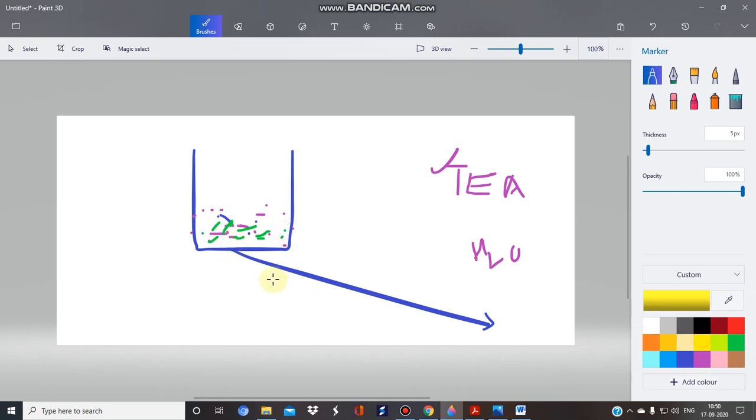Then what is the most critical step in this? Yes, we will apply heat. We will start boiling it. So what happened in this procedure? What was happening inside this tea leaf? It is simple. The solvent will penetrate inside the tea, then solubilization of the active constituents happens, and then they escape out. And by a simple observation, you will see there is a change in the color of the water.